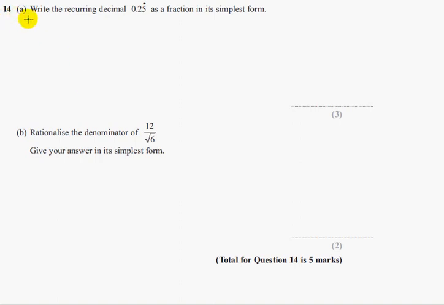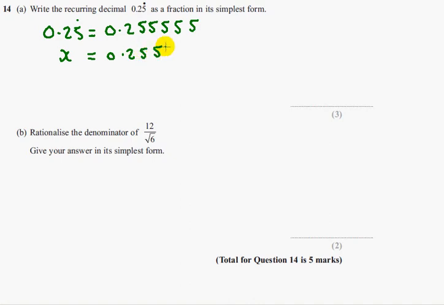Question 14a. Write the recurring decimal 0.25 recurring as a fraction in its simplest form. So 0.25 recurring is 0.25555 forever. Okay, so we're going to put that equal to x. And we need to somehow work this out. So if I times it by 10, so 10x is going to equal